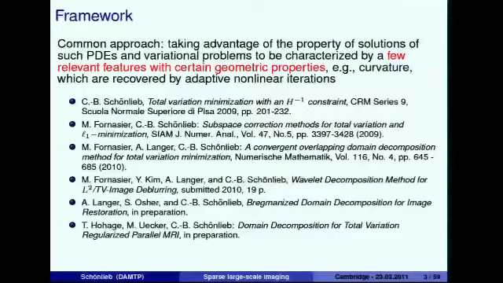So basically this domain decomposition, or a more general subspace decomposition idea, was evolved together with two colleagues of mine, Massimo Fornasier and Andreas Lange, who are both from RICAM in Linz. And what we are doing here is coming up with a subspace decomposition method for the minimization of the L1 norm of the gradient,